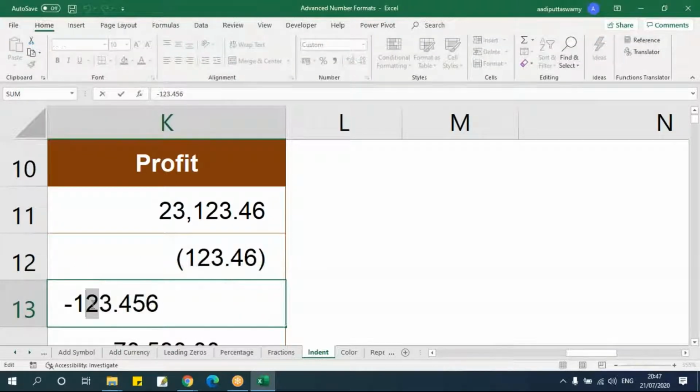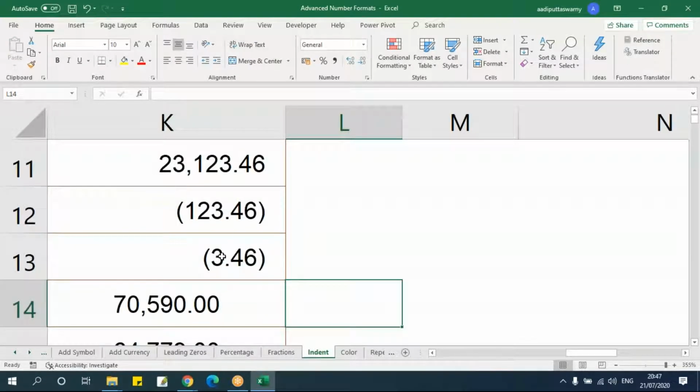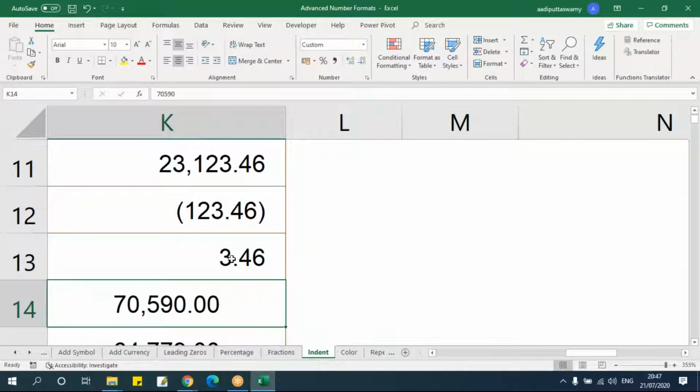Here also I'll give just a single digit like this. See, now it is aligning here because it's a negative number. Let me make it a positive number. See, it is not aligned. The reason is, you can see here there is one bracket. This bracket is aligning to the numbers, not with the decimal numbers.